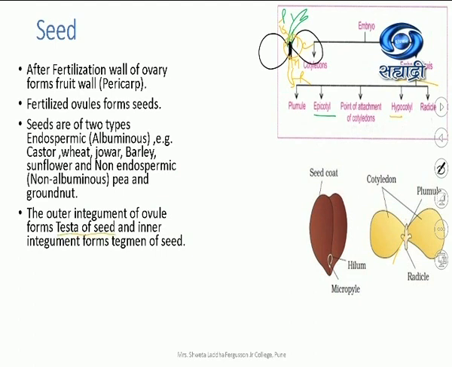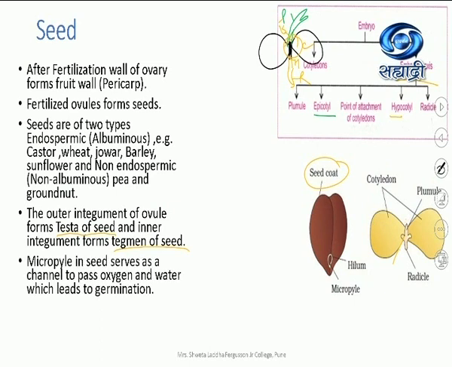Very important. We studied ovule was bitegmic. So outer integument forms testa of the seed and inner integument forms the tegmen of the seed. So what is the seed coat? The seed coat consists of two coverings, testa and tegmen. Micropyle in the seed. What is the function of this micropyle which is still there in the seed? It serves as a channel so that oxygen will pass through it, water will pass through it, and then it